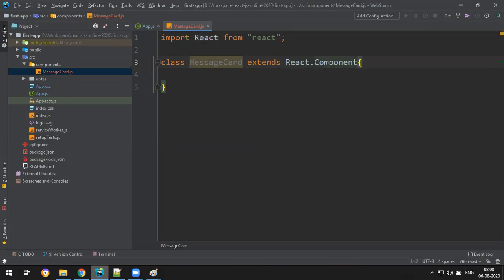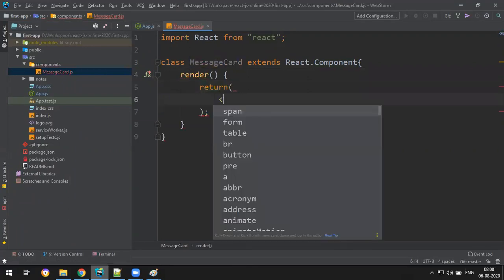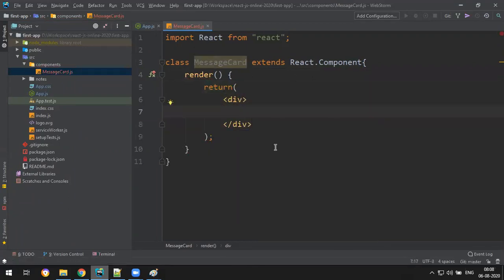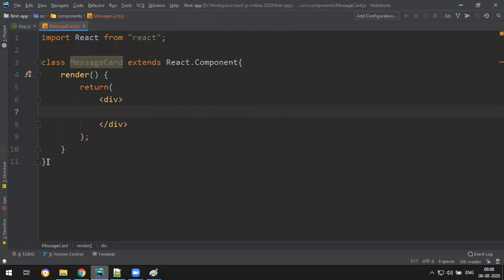So you have to create a child class of React component so that it will become like a React component. Inside you have a function called render. In that you have written something called JSX. Okay, there are some rules in JSX we will discuss. And let's say export default.